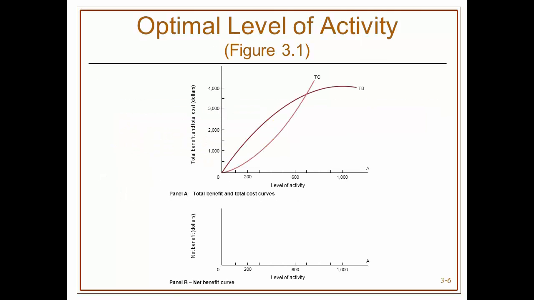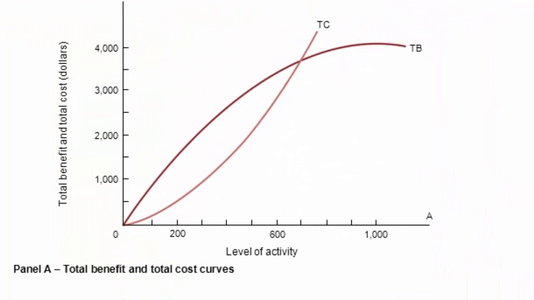If you remember back to the 202 class, the Econ 202 class, you might have talked about consumers maximizing their utility, or consumers obtaining utility from the consumption of certain items. And we discussed this notion that utility increases usually when you're consuming something, but it doesn't do so in a nice, smooth, linear, consistent manner. Usually what happens is after you consume a relatively large amount of something, your utility starts to decline, and it may even become negative. So you can look at the total benefit curve here, that sort of reflects that kind of an example,